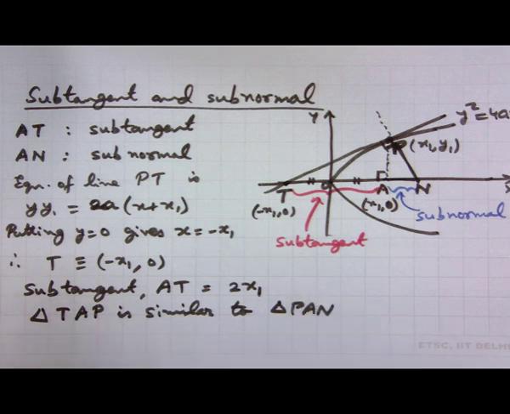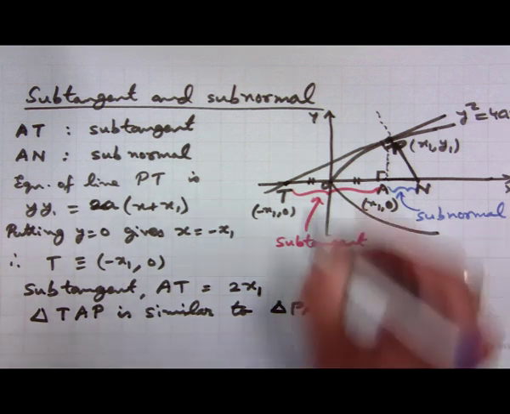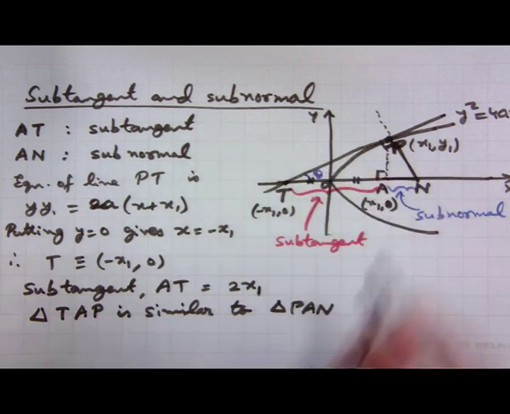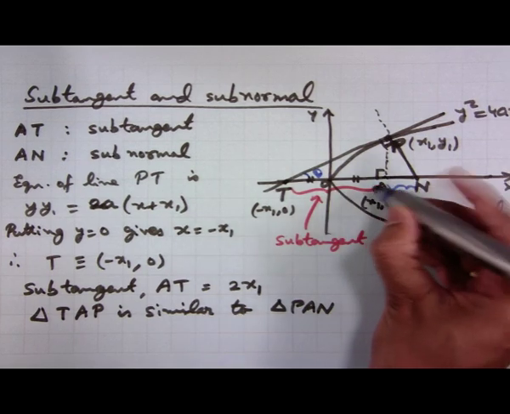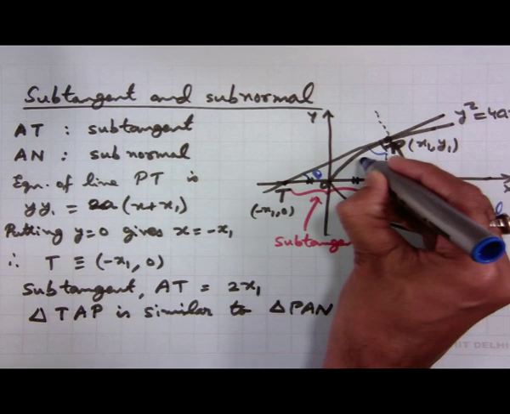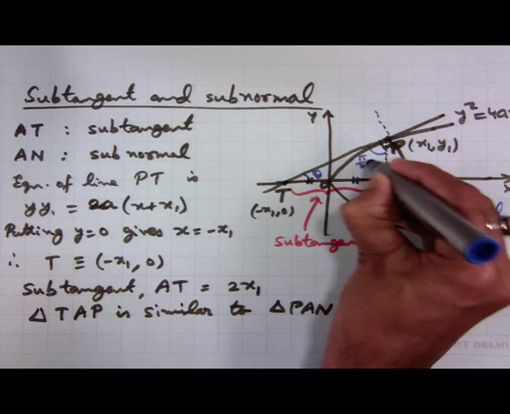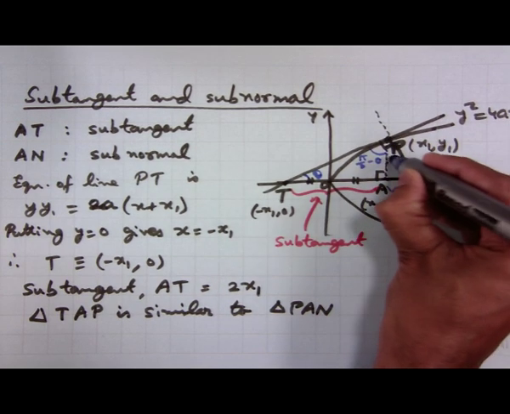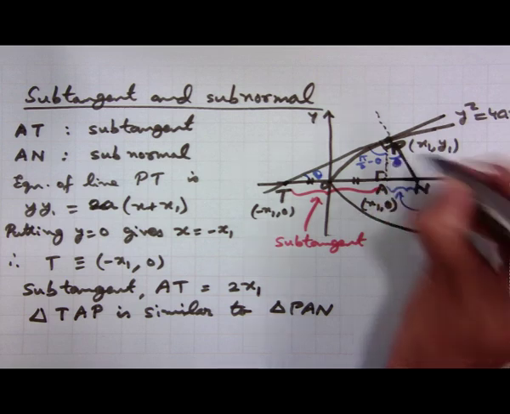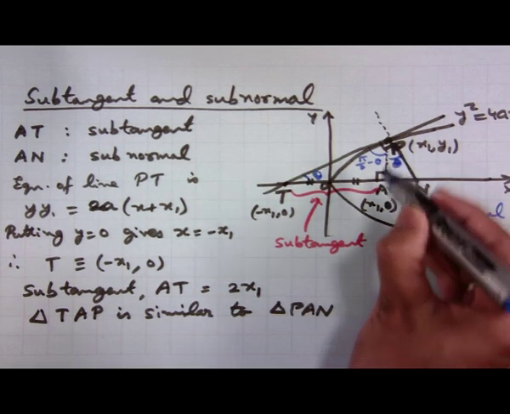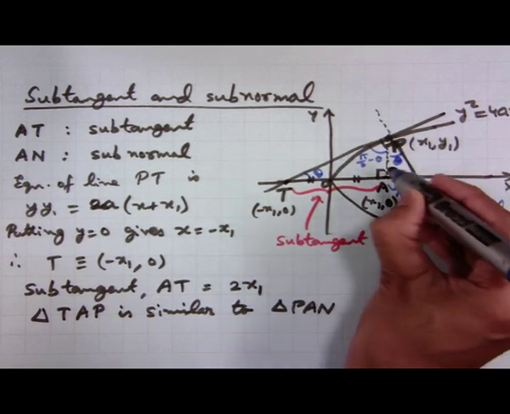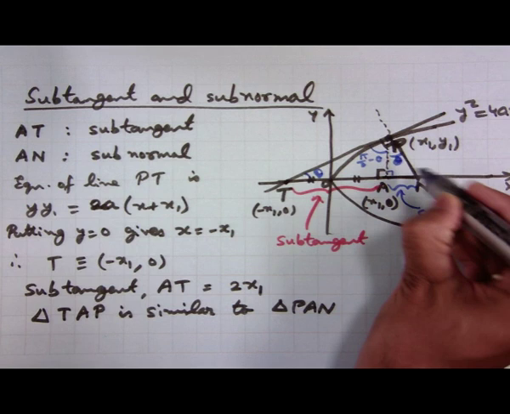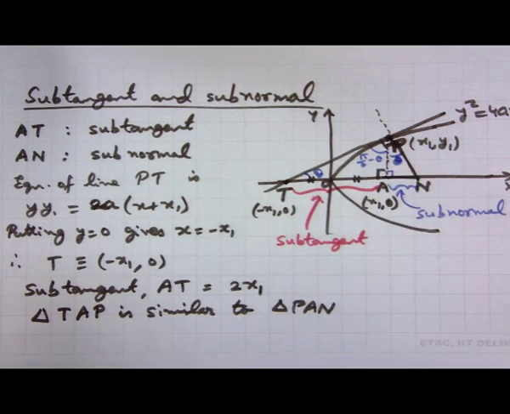Because if you see, suppose this angle we call theta, and this PAT is a right angle triangle. So, this angle will be pi by 2 minus theta. Again this is 90 degrees. So, this angle is theta. So, angle ATP is same as angle APN, and then there is 90 degree angle common. So, therefore, these two triangles are similar, and therefore,